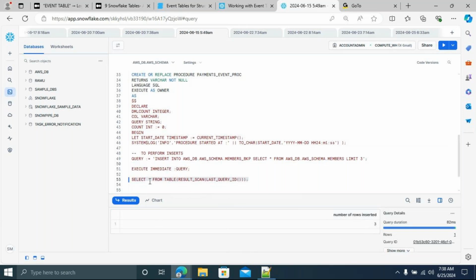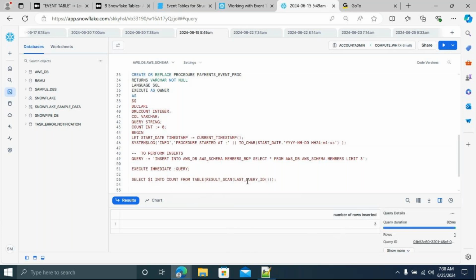Now, if you want to take this value, though it's the first column, what am I going to do? I'm going to remove the asterisk and put $1. Why putting $1? First column, sir. $1 represents the first column, the number of rows in the first column. That's why putting $1. And then I'm going to write into one variable. You can use into, and then what's the variable? Count.